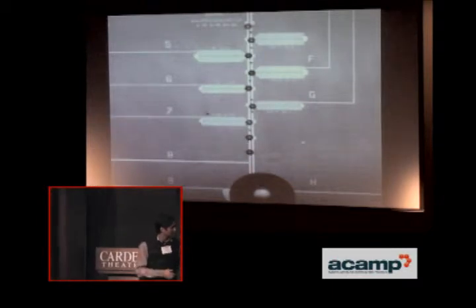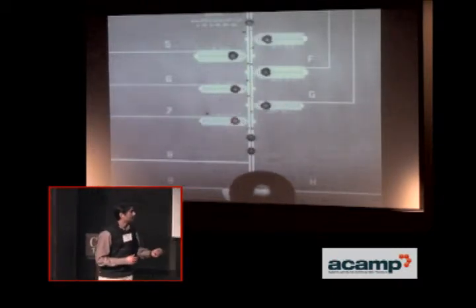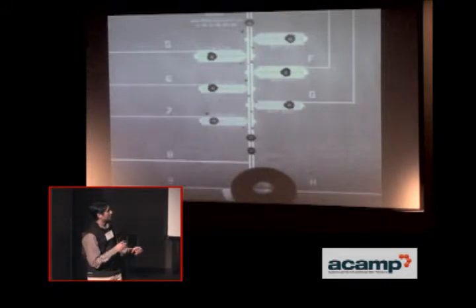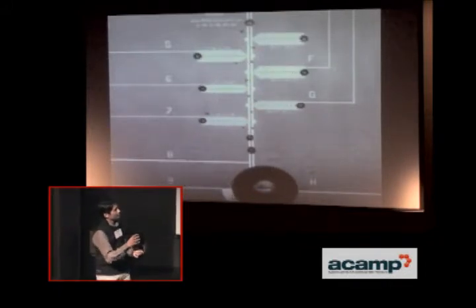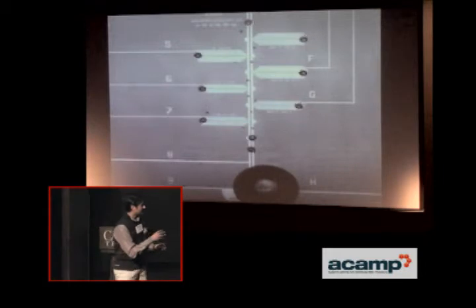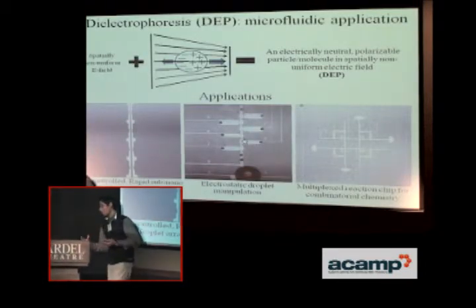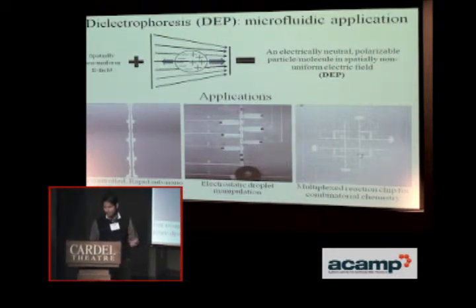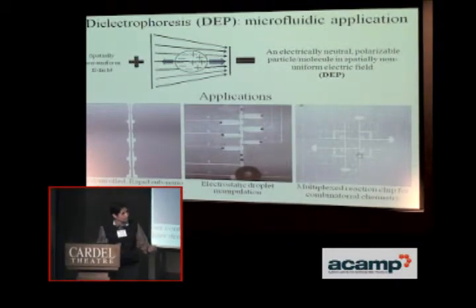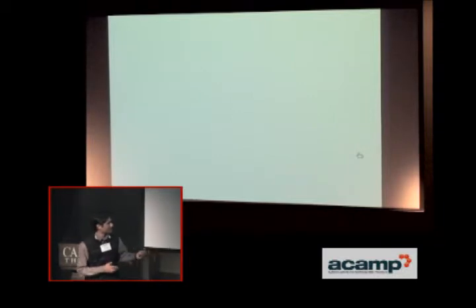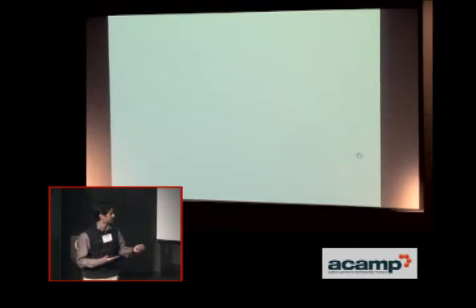The second actuation scheme is a droplet manipulation scheme. What we can further do is controllably move these droplets to different on-chip locations. This comes into the picture when we try to develop on-chip mixing systems or on-chip detection systems, like the one shown here, a multiplexed reaction chip. It can handle four different samples or reagents, and it can do combinatorial chemistry. We have demonstrated several biodiagnostic systems based on